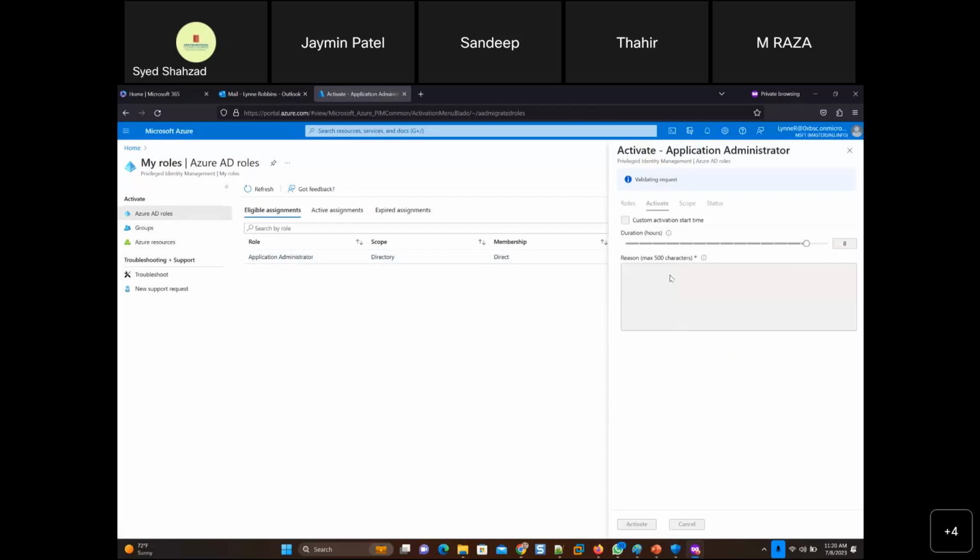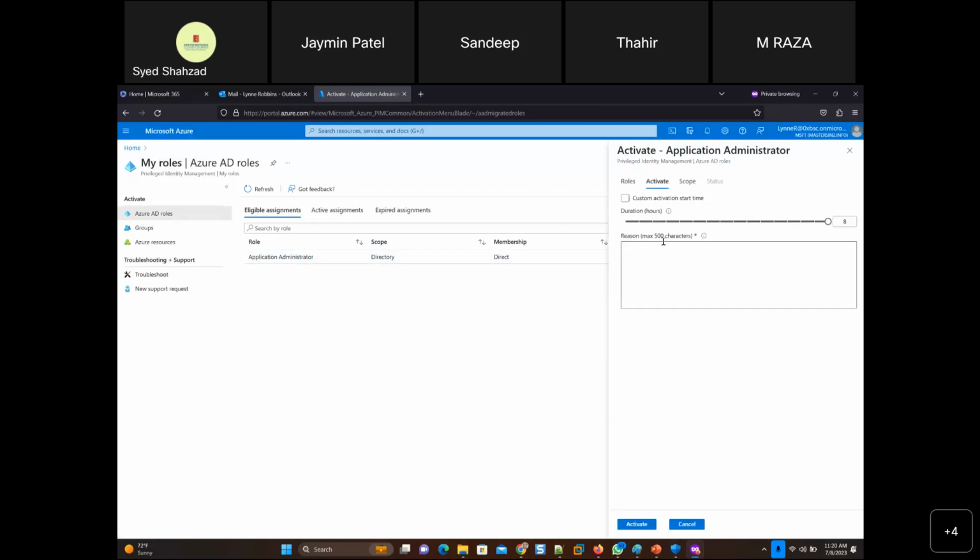And when you are activating, you have to request, I need this role for the next 3 hours, or I need it for a maximum of 8 hours, and I need to fix an issue with a company application, right? So you can ask for the maximum time, or you can ask for whatever time you think it takes. If it's just a half an hour job, you're just asking for 2 hours, right?